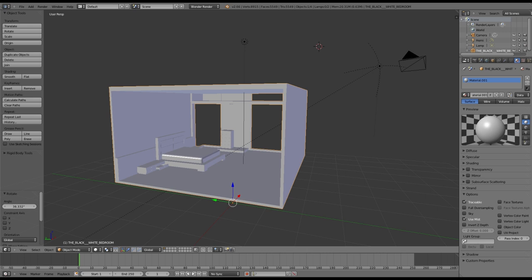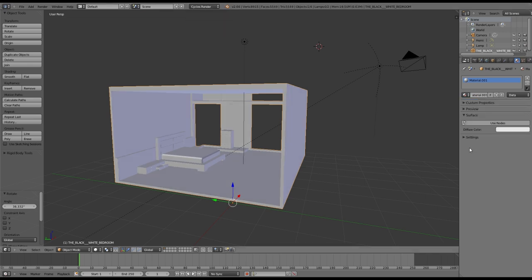To get into the Cycles render engine, we want to go up the top here, at the top of the viewport, and you've got this Blender Render drop down tab. We want to click on that and go down to Cycles Render. So we're defining which render engine we want. So if we click on Cycles Render, now you can see once you've done that,